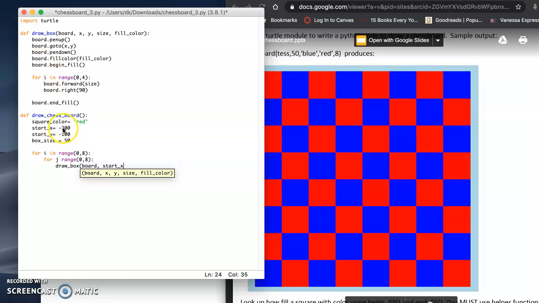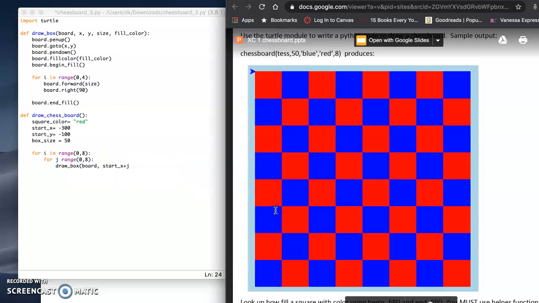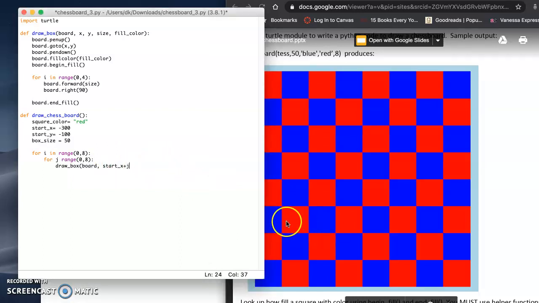It starts at -300, so I want to add this to J, which are the small squares, and then multiply it with box size, making sure that the box size is for the x coordinate. So it would be this way right here. And then I'm going to add that to